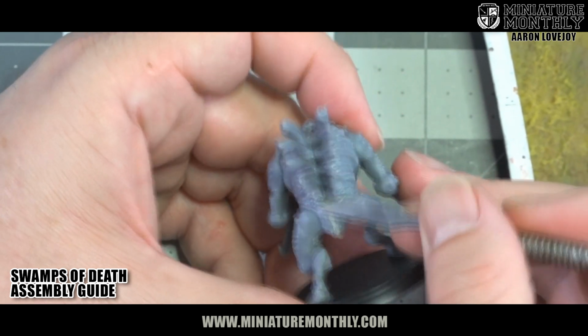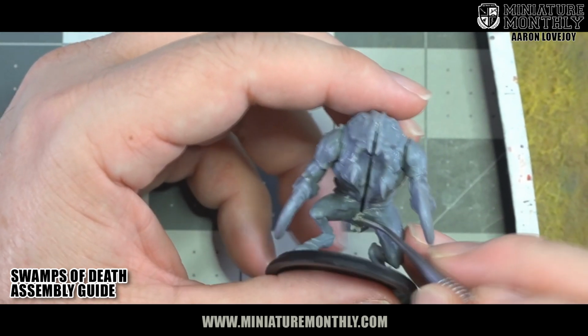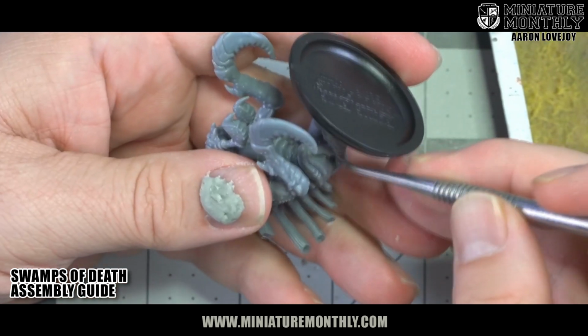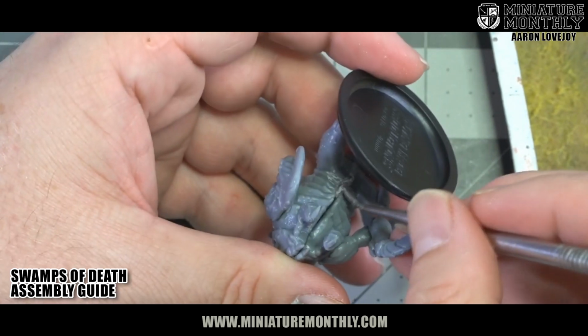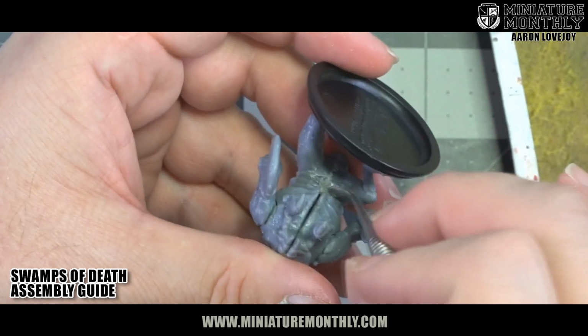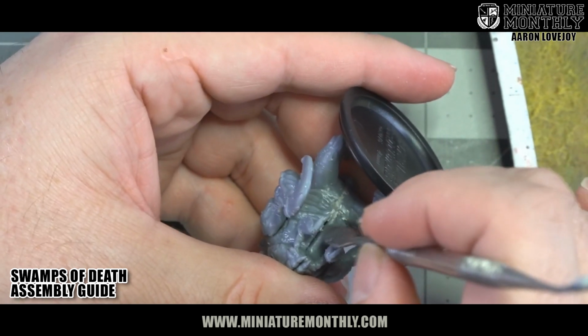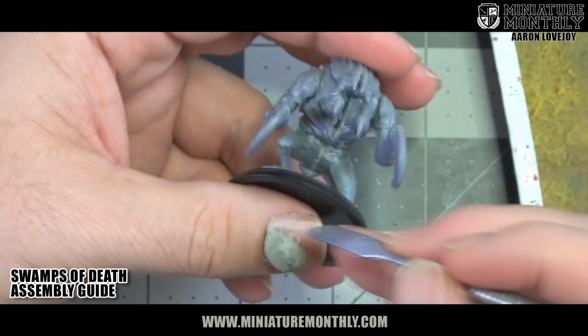I'm using different sides of my sculpting tool to kind of get into those areas. Now underneath, I filled this gap because, well, this was a studio model, but sometimes on gaming pieces I usually don't fill the gaps on the bottom. But if you choose to do it, again, it's a little bit harder to get into this area. But if you work at it,